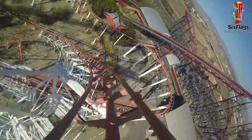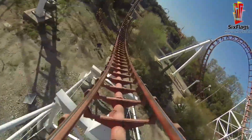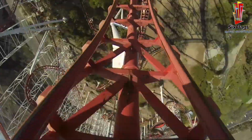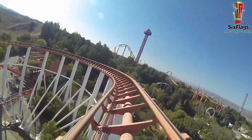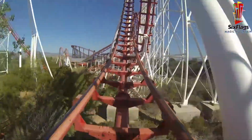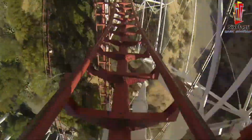Next up is Viper, the last standing aero mega looper, and just to open the floodgates right away, I'm not a big fan. This ride is old, and with that comes a lot of shakiness. I'm taller than the restraints, so there's no head banging, but I still don't enjoy the ride in general. I'm not a huge fan of the multi-loopers to begin with, and when you add roughness to it,